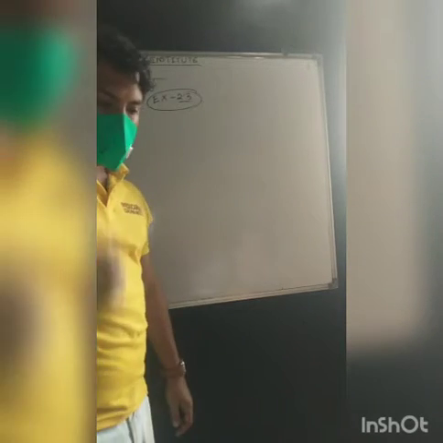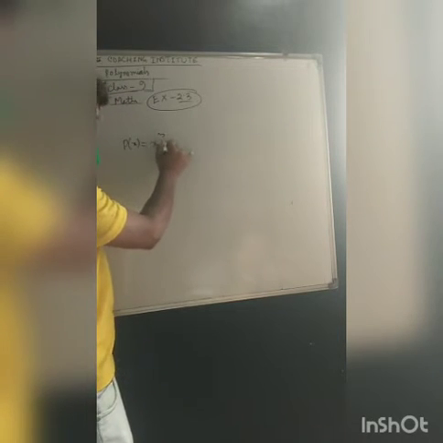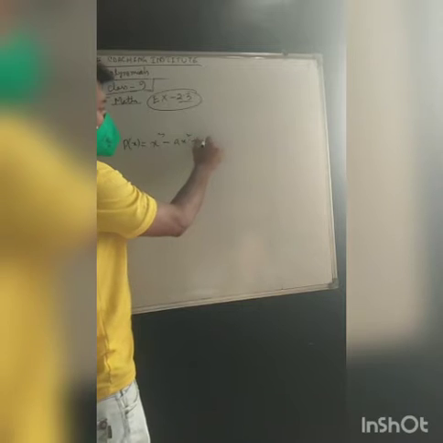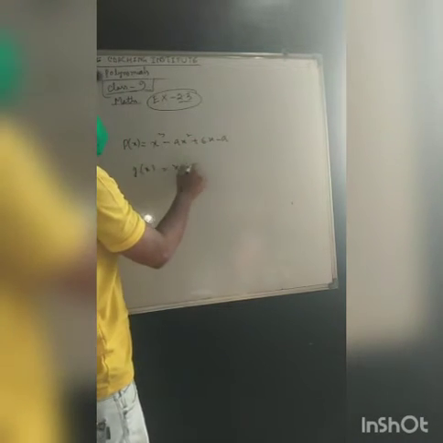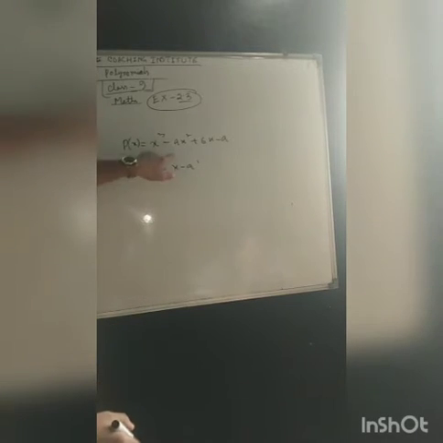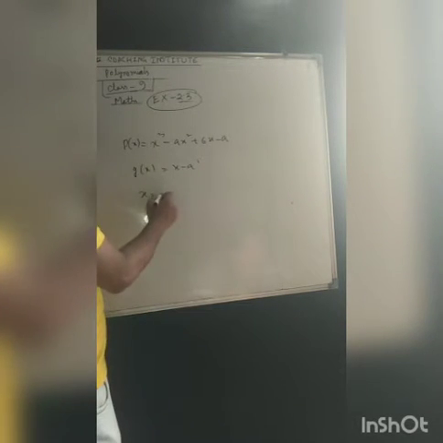So whatever the question number 2, I will explain and you can do it at home. What is given in question number 2? A polynomial is given, p(x) equals x cube minus x square plus 6x minus a, and g(x) equals x minus a is given, that p(x) is divisible by x minus a. That means what is the value of x here?